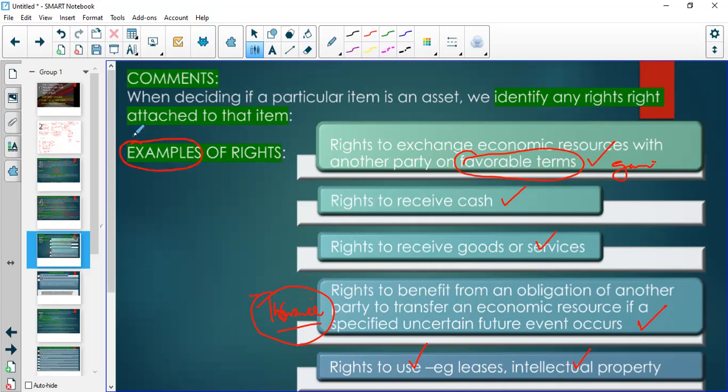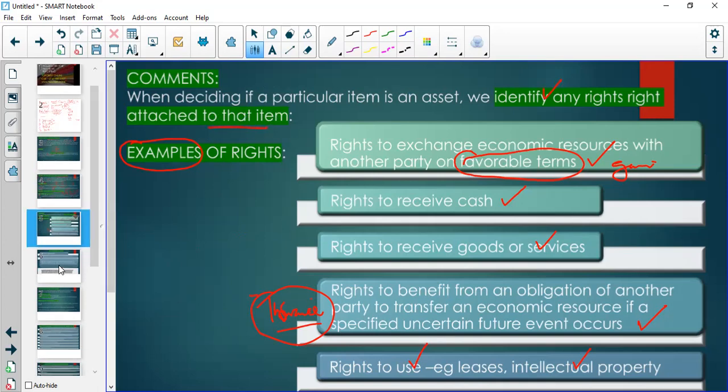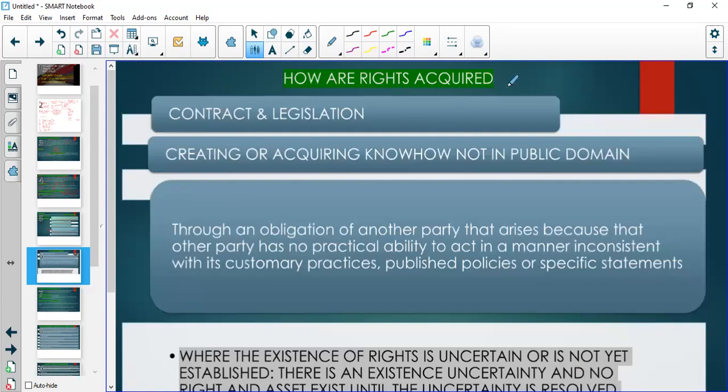And you cannot exhaust what those rights could be. It could be a right to explore minerals in South Africa. It could be a right to do whatever. All right. Do something. What are you authorized to do? That's a right. So when you deal with that concept, you make sure you identify the right attached to that item, right? So that's the first thing. Then the second thing is to identify how those rights were acquired, right? So when you do that, you have to look out for